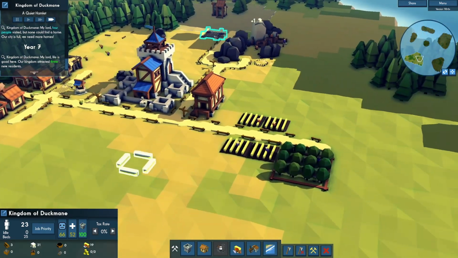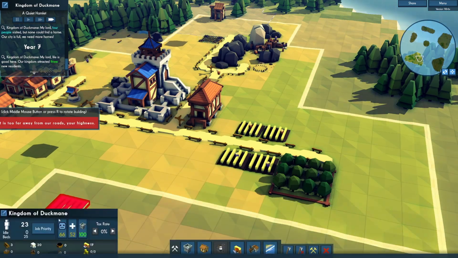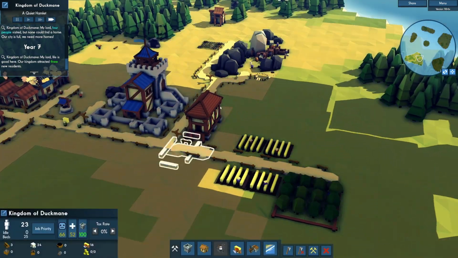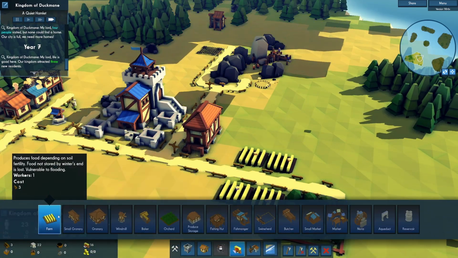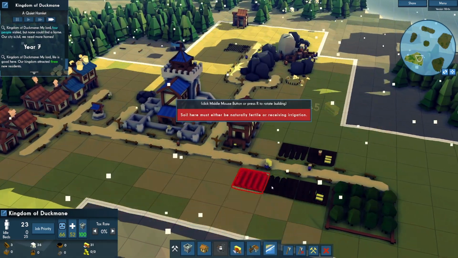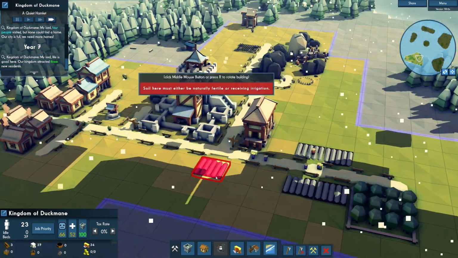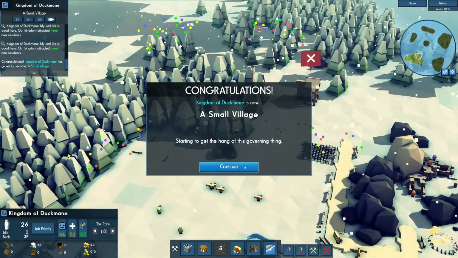Okay, let's get things built, everybody. Food is going down. In fact, we're spending the wood immediately at the moment. Okay, we just harvested, which is good. But we actually need more wood. And I think in the immediate sense...